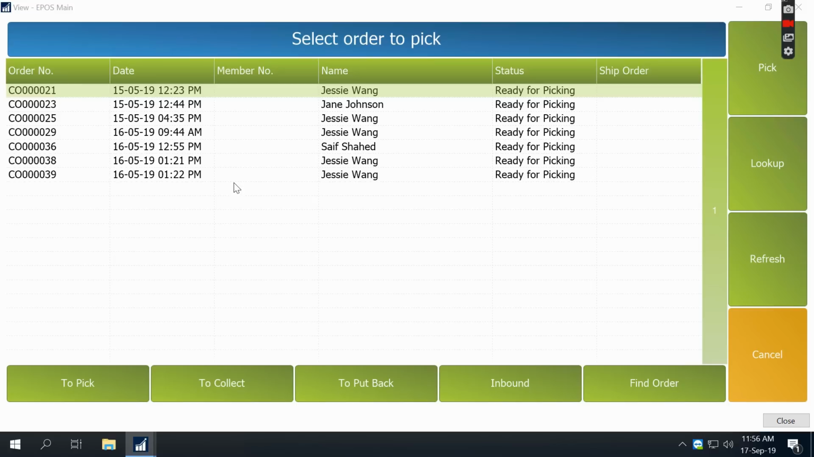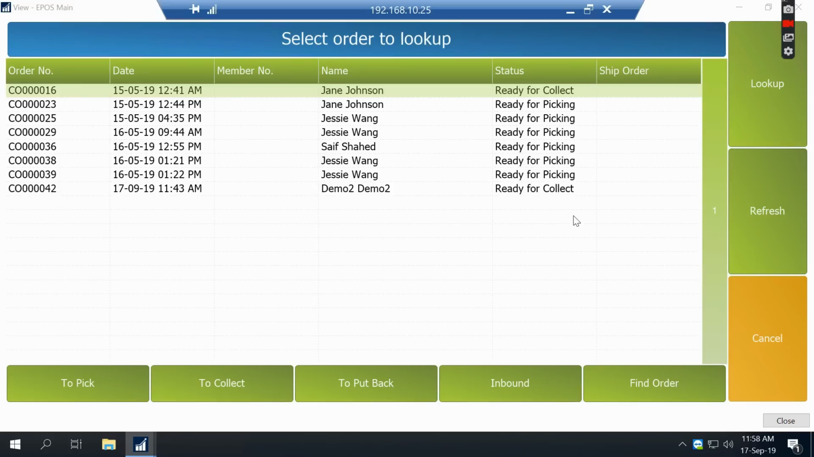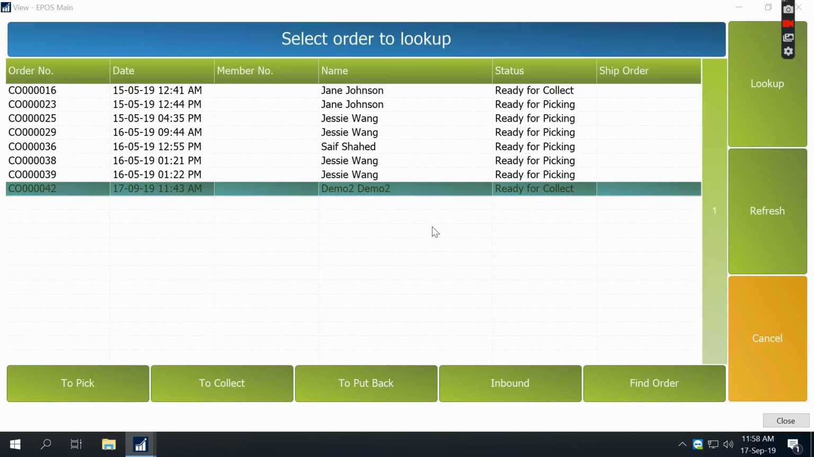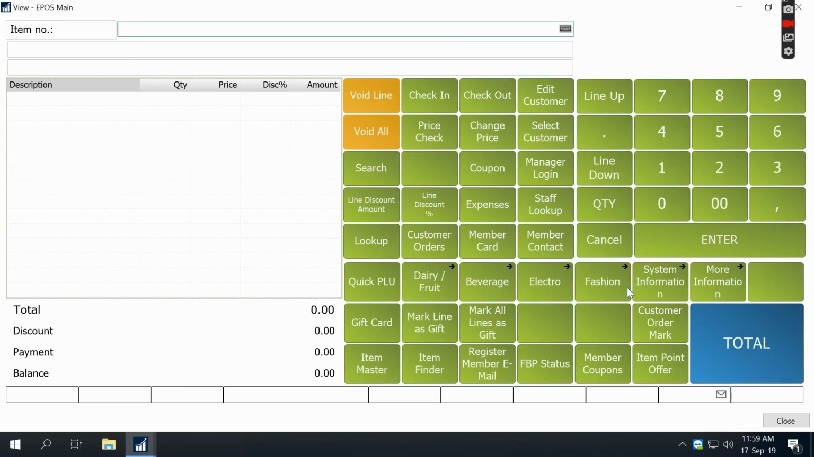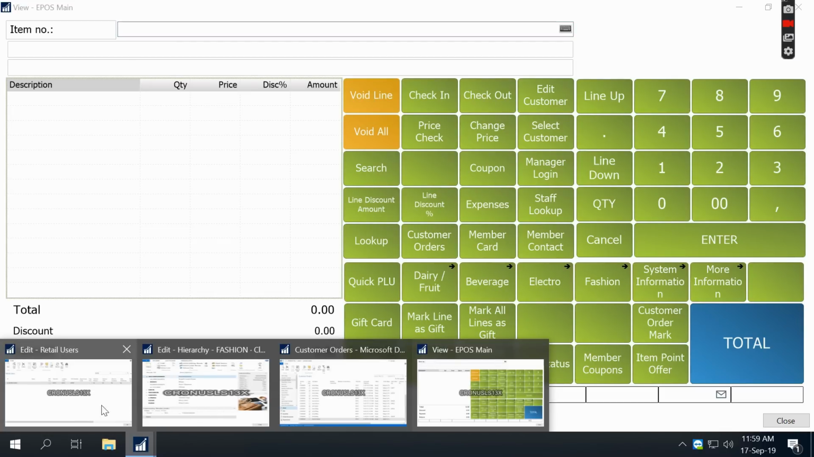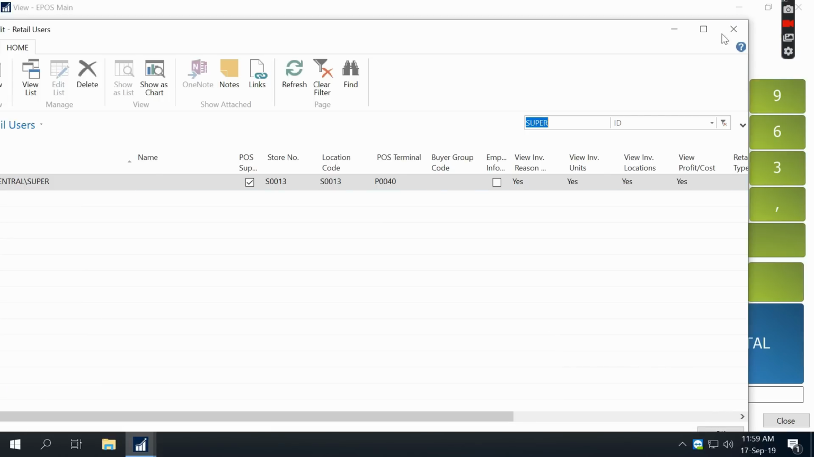Then that order disappears from here. Actually, I already picked it, and then I can say to collect. After I click to collect, it will show it's ready for collect. So now it's ready for the customer to collect it. If the customer comes, they can just scan their QR code, and it will bring up the order. But because I do not have the QR code and the member is a dummy account, what I can do